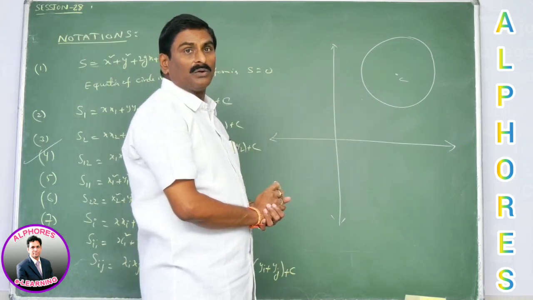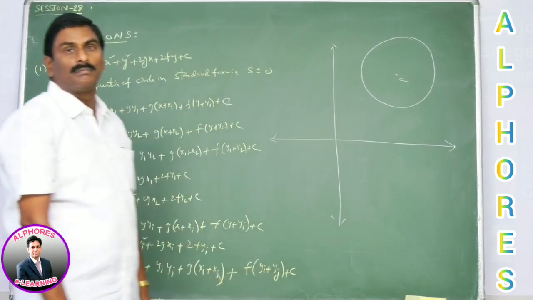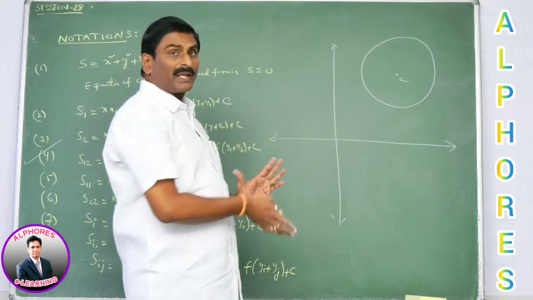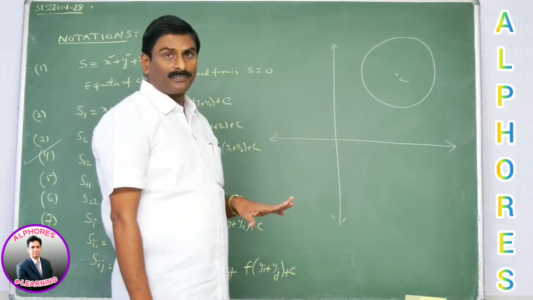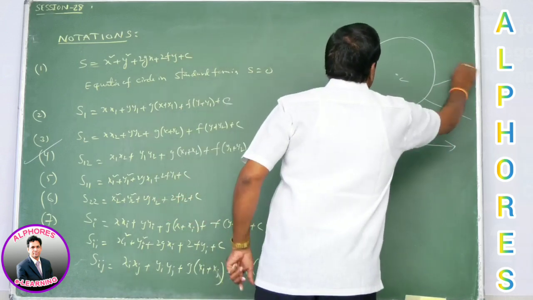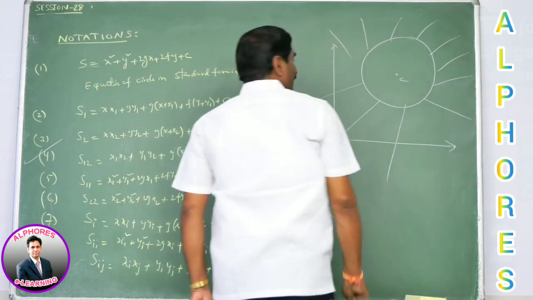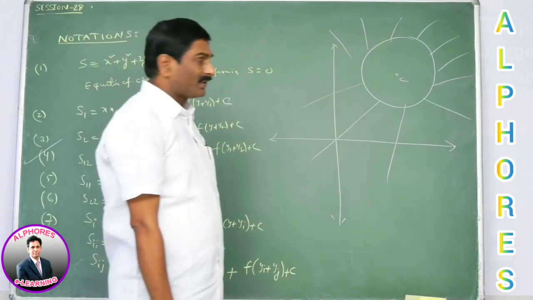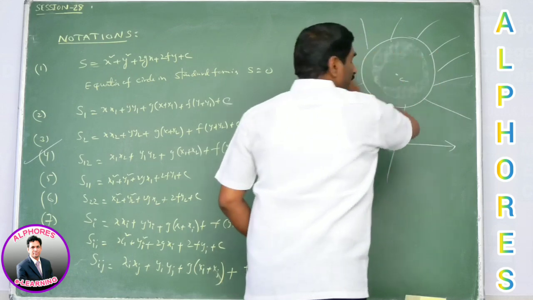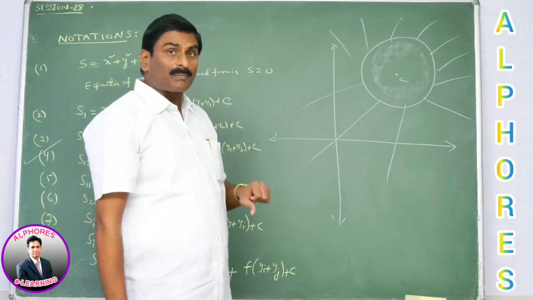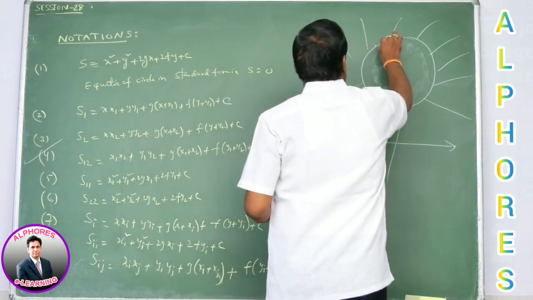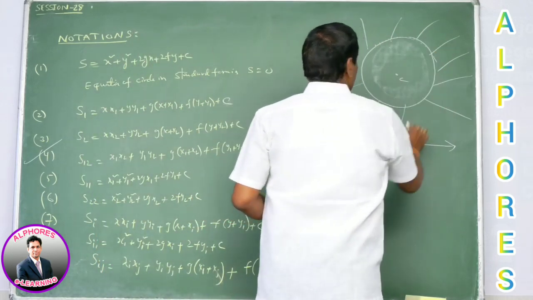Divides the circle into 3 parts. This circle divides the total xy plane into 3 parts. They are: the exterior of the circle, the set of points which are outside of the circle. Next, the interior of the circle, the set of points inside of the circle. Next, the set of points which lie on the circle, that is the circumference of the circle. All of these lie on the circle.